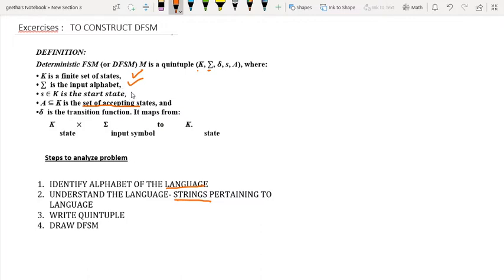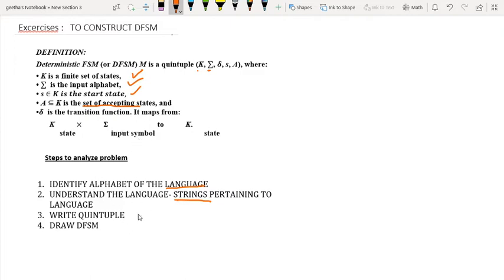Then S is the start state which belongs to K, the finite set of states. A is the set of accepting states. Delta is the transition function. It maps from K cross sigma to another state. So the delta gives all the transitions of a machine.